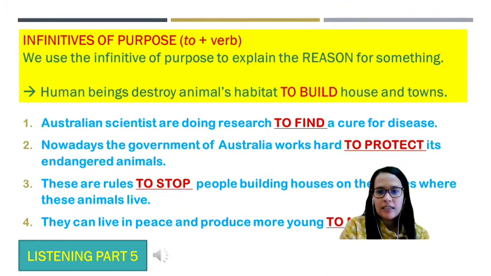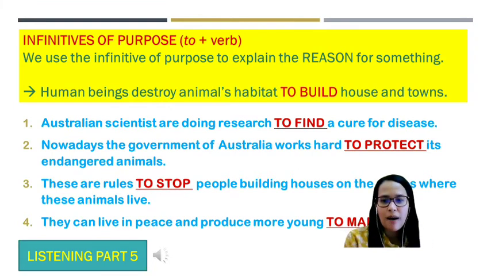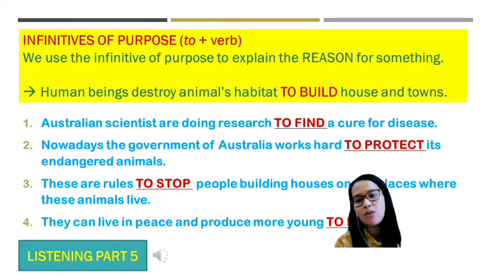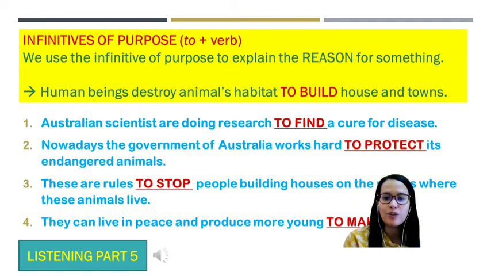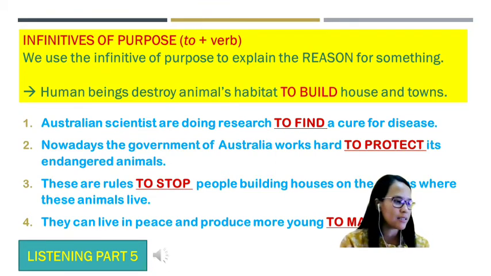Okay, now we move to use of English. We will talk about infinitive of purpose. The purpose here means that there is a reason for something. There's a reason for people doing something. Everyone now look at or open page 103 in part 6. Yeah, we are now in part 6 talking about